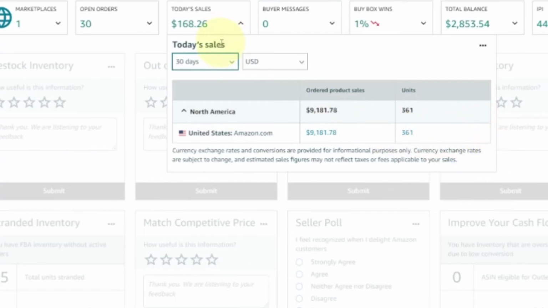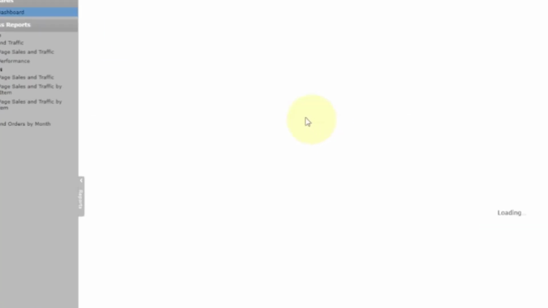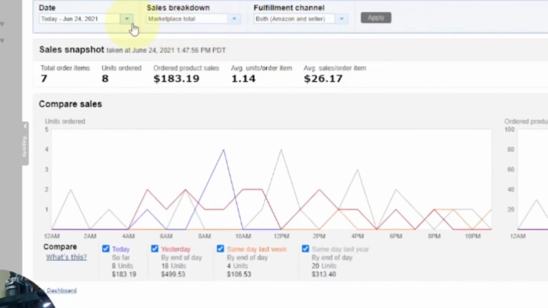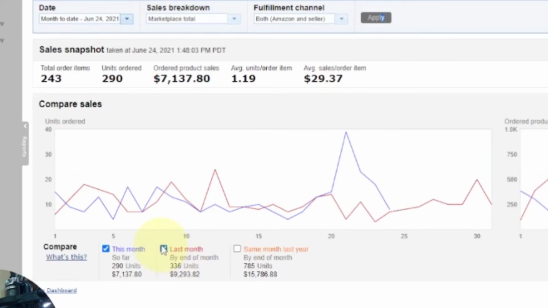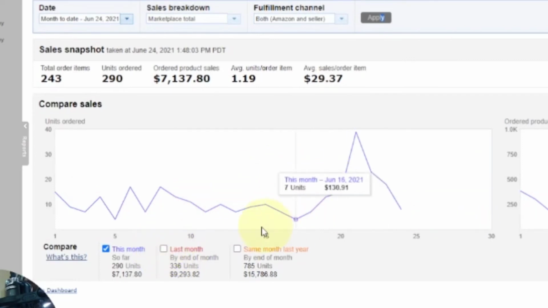Those are not the greatest numbers. Those are doable numbers, I can promise you that. But I just wanted to take a minute to show you a couple of things just so that you understand. You know how I am. I'm all about realistic expectations. You go month to date, and all we're really worried about is this month. And I want you to look at